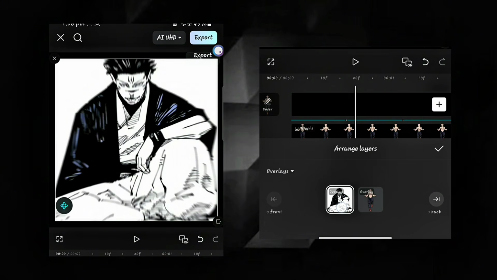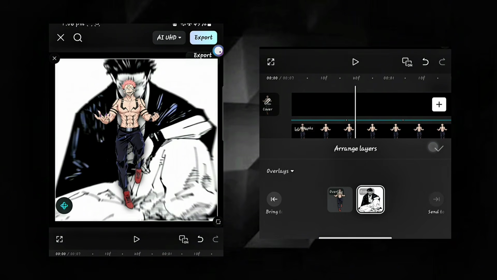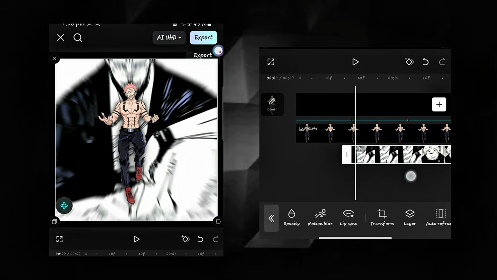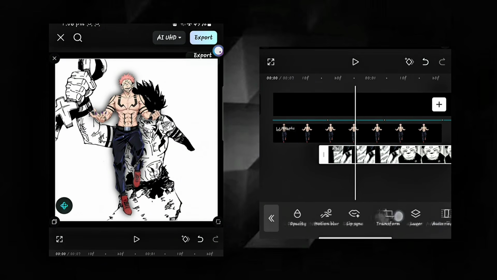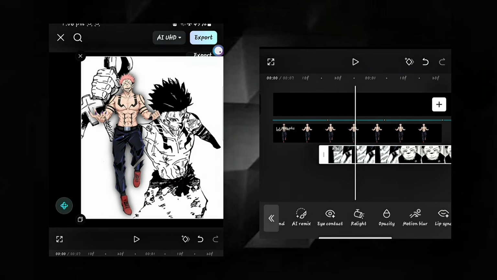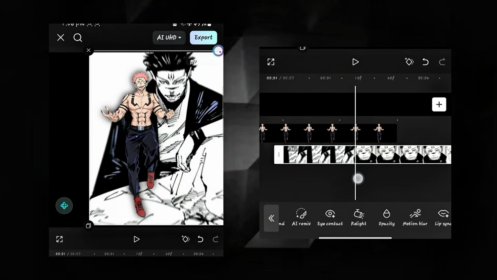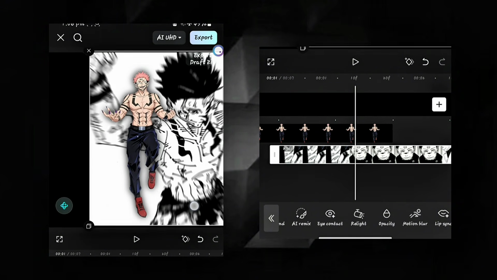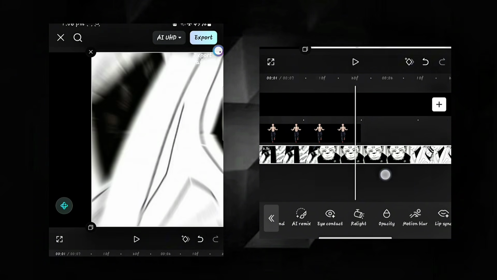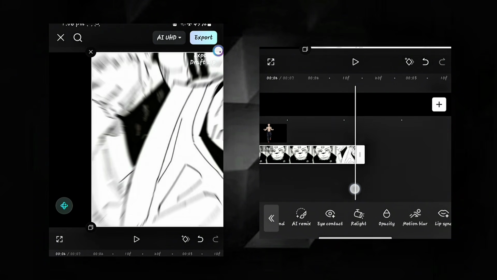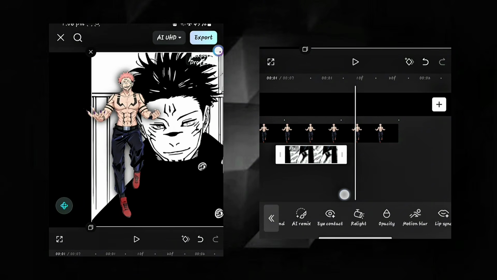Move the overlay behind the PNG layer and adjust it slightly to the right. Match the overlay duration with the beat timing.